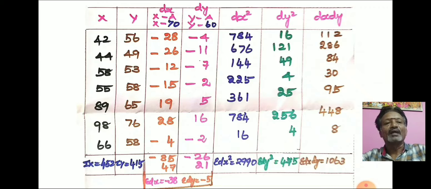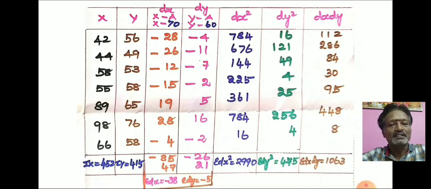So after calculating the dx value, here also if any negative values are there, first you can add the negative values separately and the positive values separately. But luckily here in our sum there are no negative values in dx dy, so all the values are positive. Now you simply take the total of all the values, that is the total is equal to 1063, so that is sigma dx dy equal to 1063.